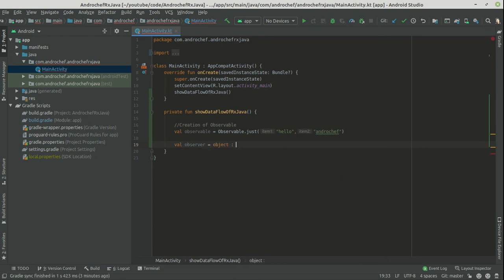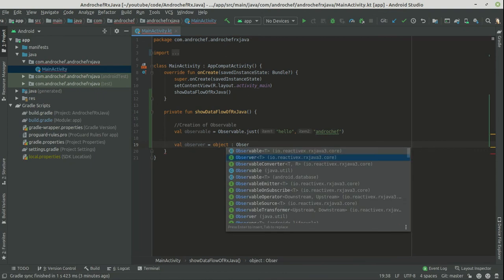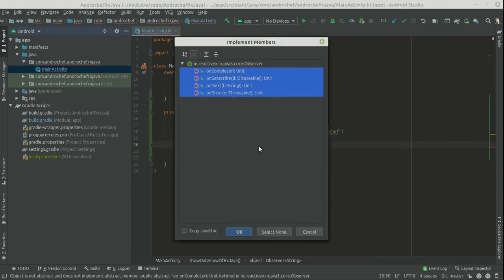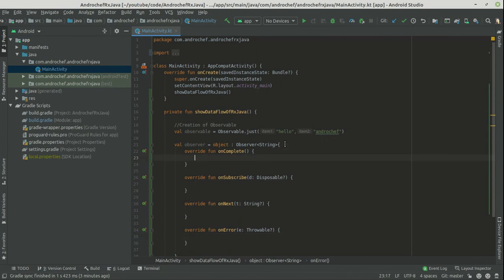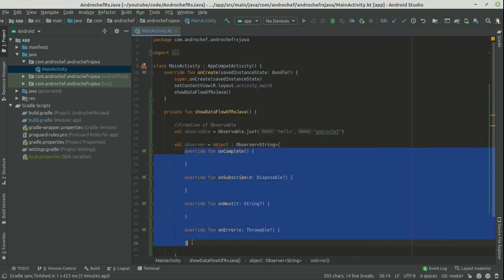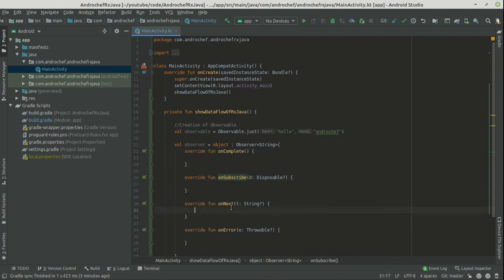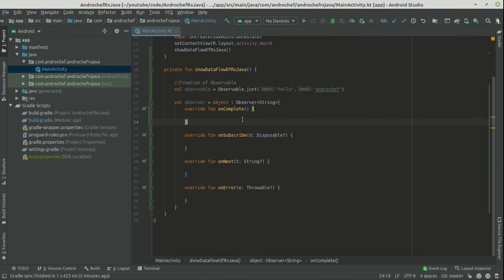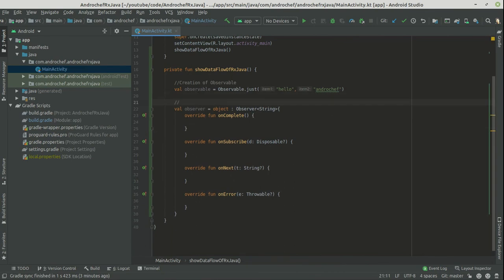The observer will be of type String, and we have to override four methods. As you can see, there are four methods: onComplete, onSubscribe, onNext, and onError. That will be our consumer.